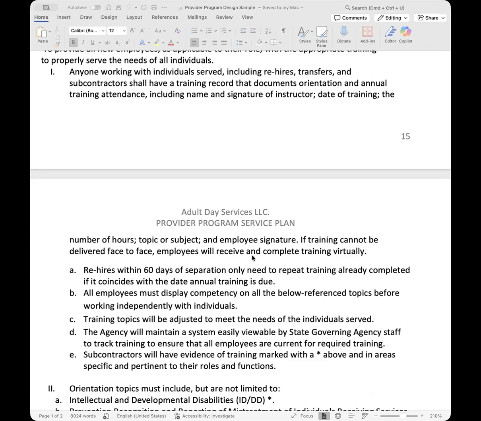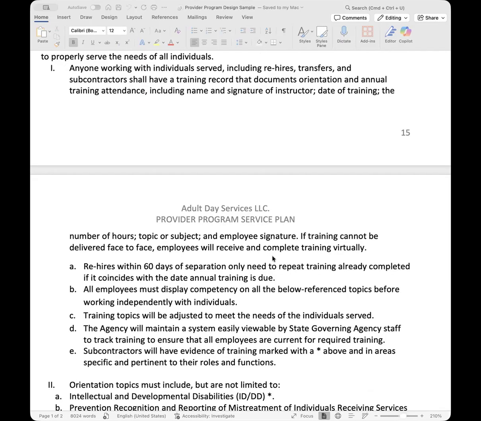If their signature is not on the sheet, then it means the training didn't happen. They will not accept the training, which means you'll have to pull the employee from the floor and provide the training all over again if they come and audit the employee file. So you want to make sure you cover all these areas and there are checks and balances to make sure none of this is missed. One of the good things that they started to implement since COVID is that the training doesn't have to be face to face. A lot of the agencies I've been working with are now setting up virtual trainings or online trainings.